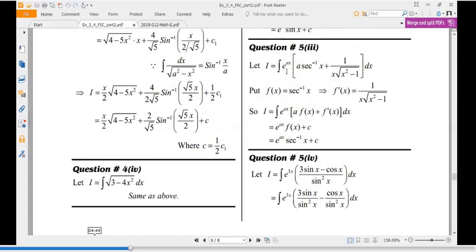अब हमसे कहा गया कि लेट I इज इक्वल टू इंटीग्रल e पावर x [secant inverse of x प्लस 1 ओवर x स्क्वायर ऑफ x स्क्वायर माइनस 1]। तो देखिए हम जानते हैं कि हमने यहाँ पर पुट कर लिया किसको सेकेंड इनवर्स ऑफ x को किसके इक्वल एफ ऑफ एक्स के इक्वल, और एफ प्राइम ऑफ एक्स किसके इक्वल होता है, अगर सेकेंड इनवर्स ऑफ एक्स का डेरिवेटिव होता है 1 ओवर x स्क्वायर ऑफ x स्क्वायर माइनस 1।